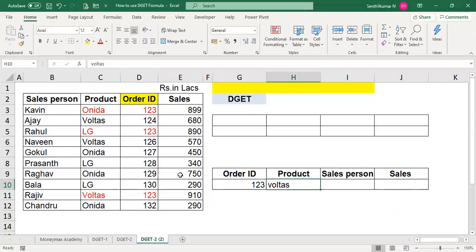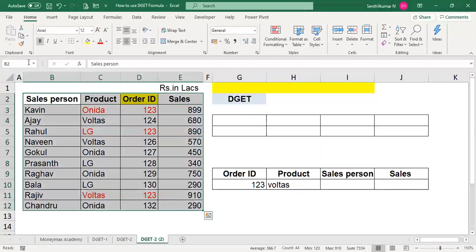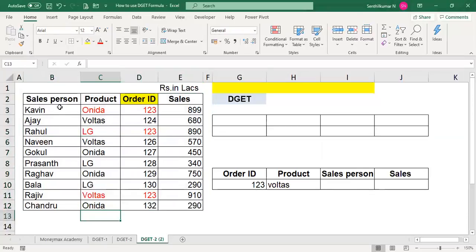Now first you have to select the table and give a name for the table. So you can give the name sales data.